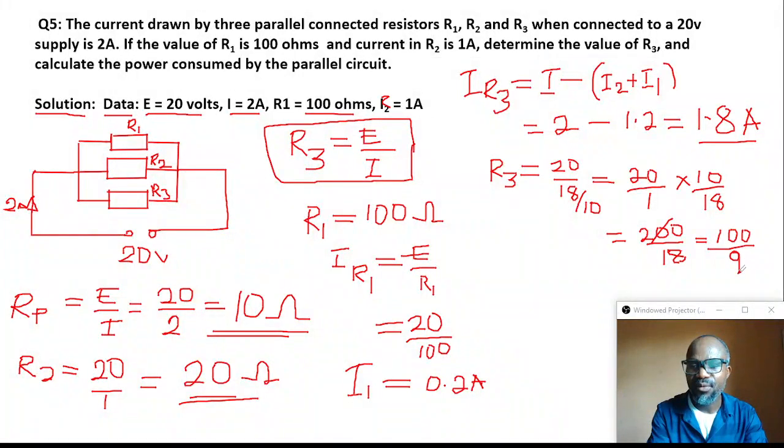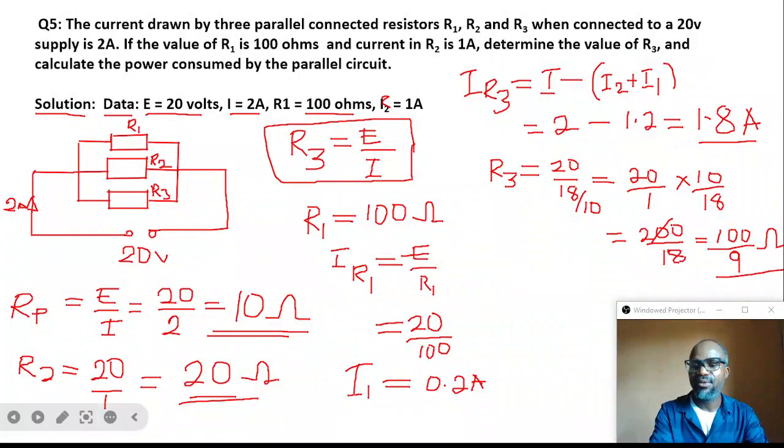So we go again. 3 divides 100 to get 33 point something. So let's just leave it there. R3 is 100 over 9 ohms. So that is the value. We can simplify further to have the decimal remnant. Now we have this. How do we now calculate the energy